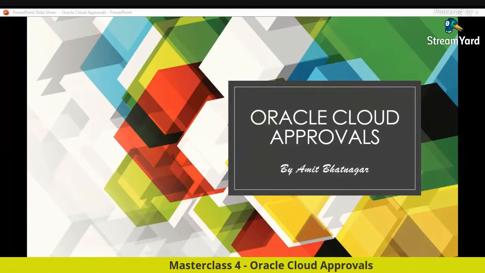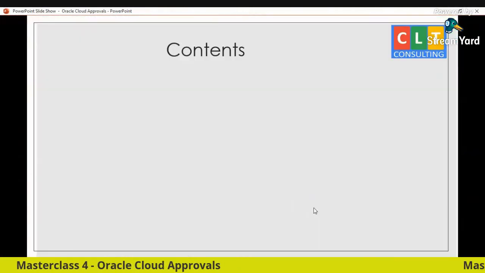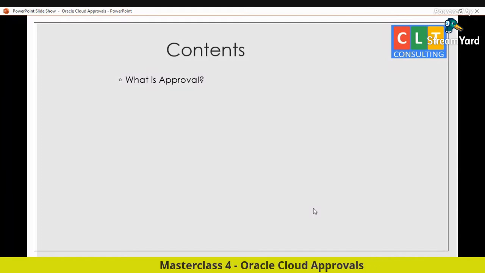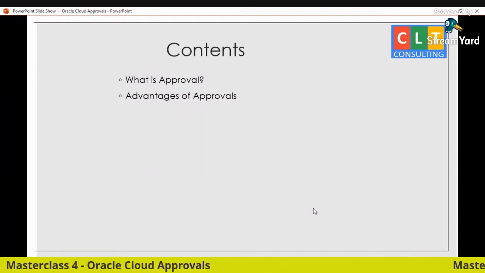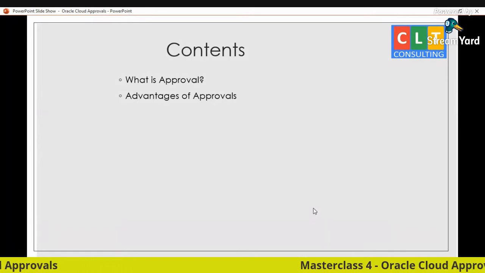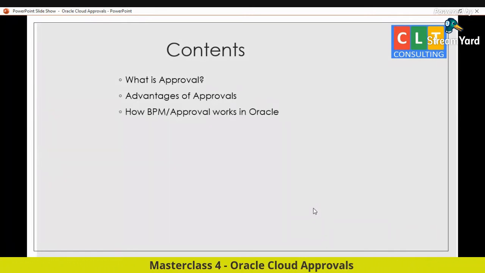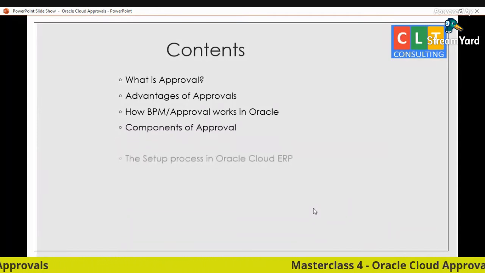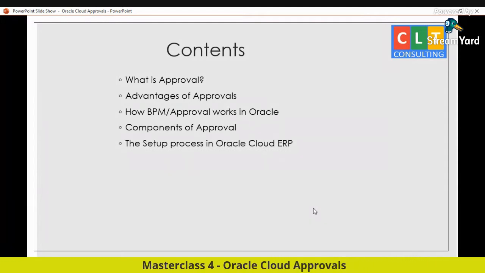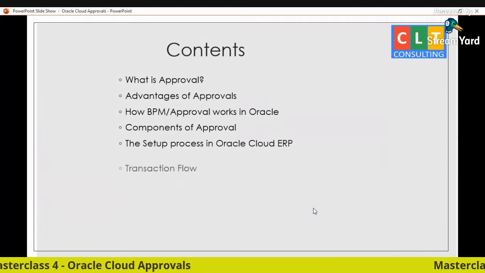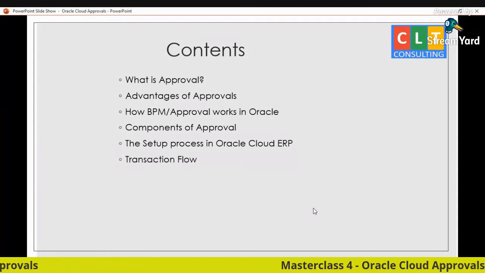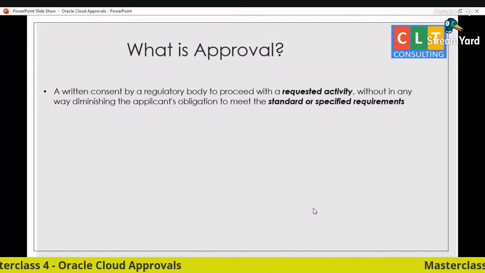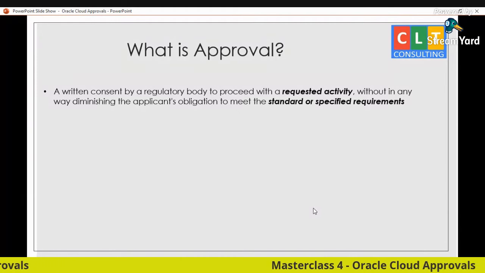So let me go through the presentation itself first. These are the contents for today's session. What is approval? We discussed a bit of it. What are the advantages of approvals? How BPM approval works in Oracle? Components of approval, the setup process in Oracle Cloud Approval, transaction flow. So as we talked about what is approval, of course we have got many answers, like it is a consent, or